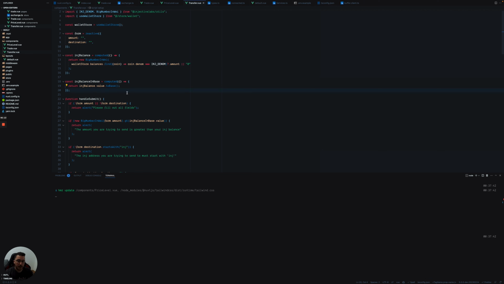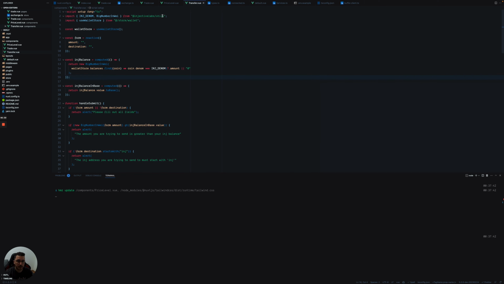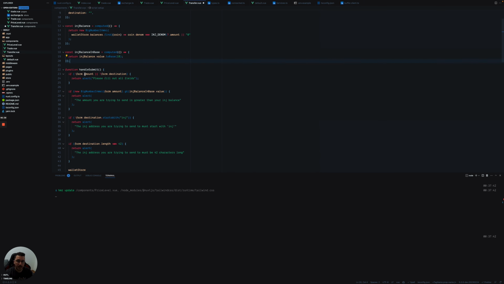Again, the way that it's represented on chain is not in a human readable format, so we need to convert it to a human readable format. The way to do this is to use the big number and way utility function from the utils package, and since INJ has 18 decimals, that's how we convert it to the human readable format. And we have a handle submit